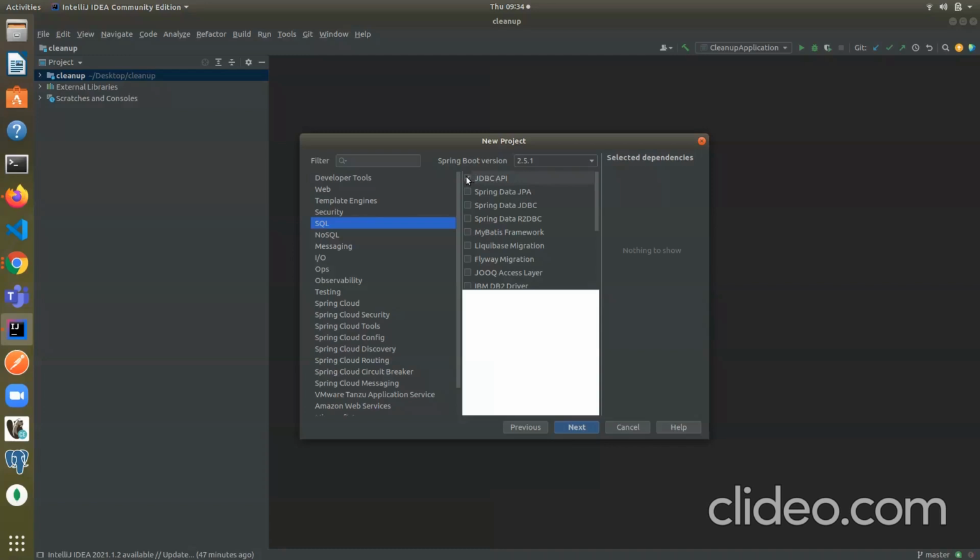For example, if you want to use JDBC or JPA, and if you're using MySQL, then you have to take the MySQL driver. If you're using PostgreSQL, then you have to take this driver. So right now I am taking Postgres only, no problem. And you can take JDBC to connect with your database. That will be helpful when you are connecting with your database, with the repository you are creating.